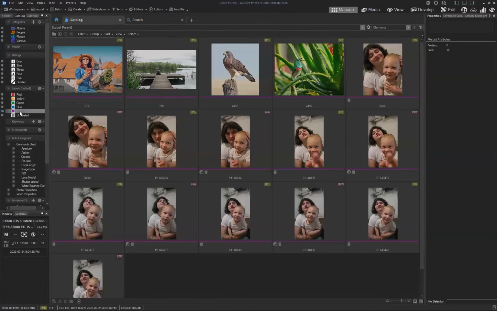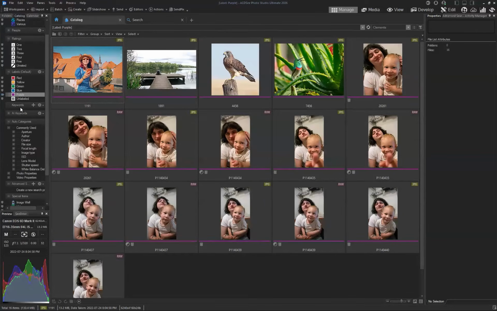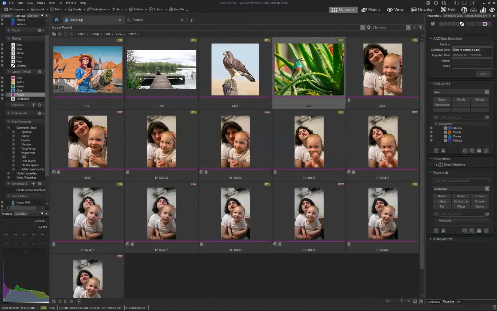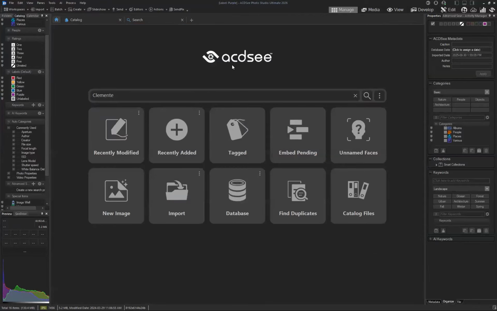right? And then you will see here on the bottom, you will see the keywords. I don't have any keywords that I've added to my photos specifically, which is why you don't see a list here. But if you start creating keywords, then you will see the list here. So let's go back to